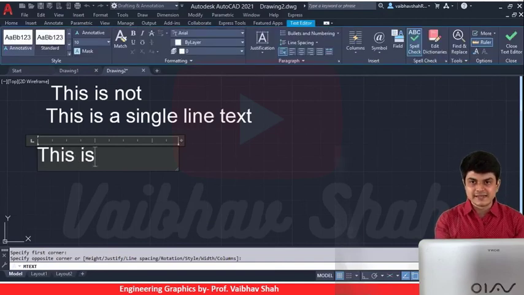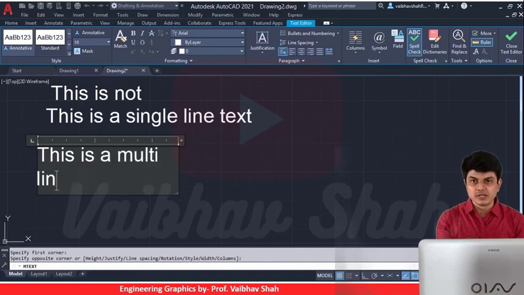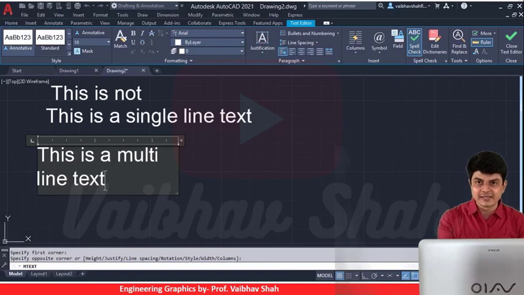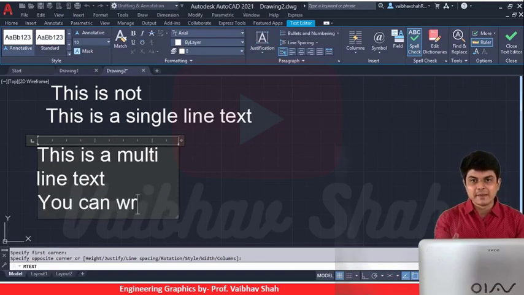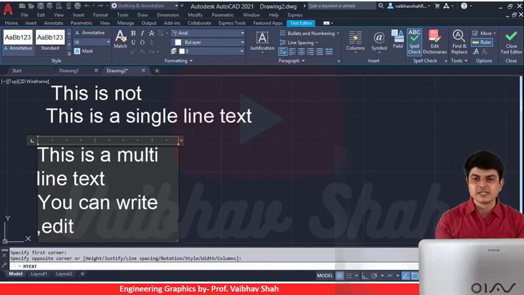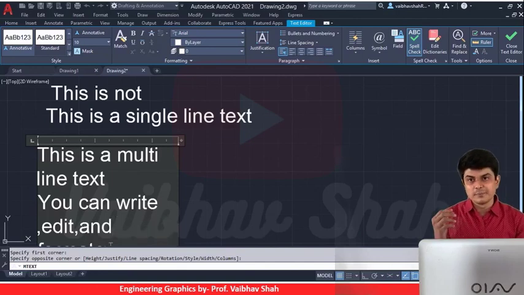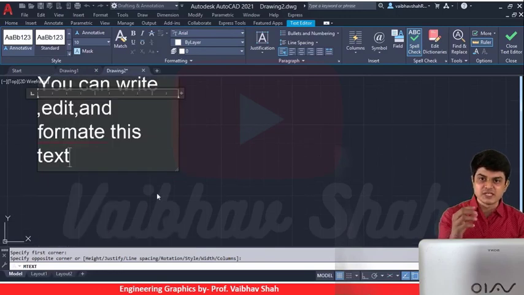In multi-line text you can edit, you can give coloring, bold, italic, underline, you can have different layers applied, you can apply justification, column styles, and a lot of other things. You can write, edit, format, and practically do anything in this multi-line text. That's why multi-line text is majorly used in AutoCAD.